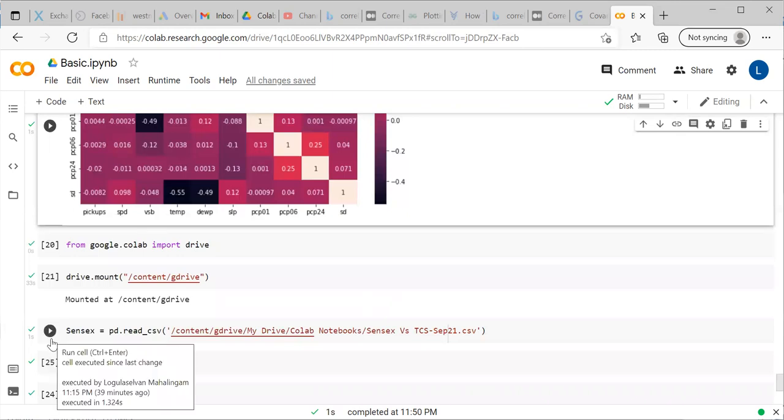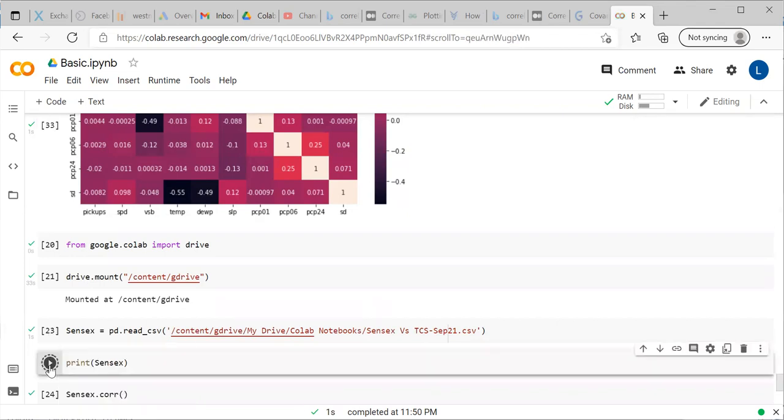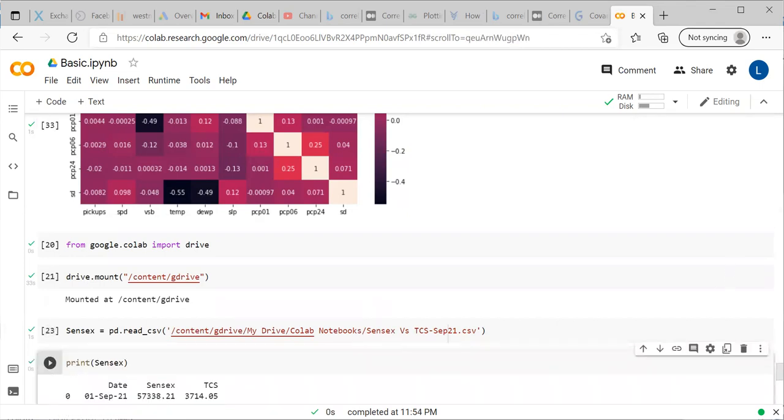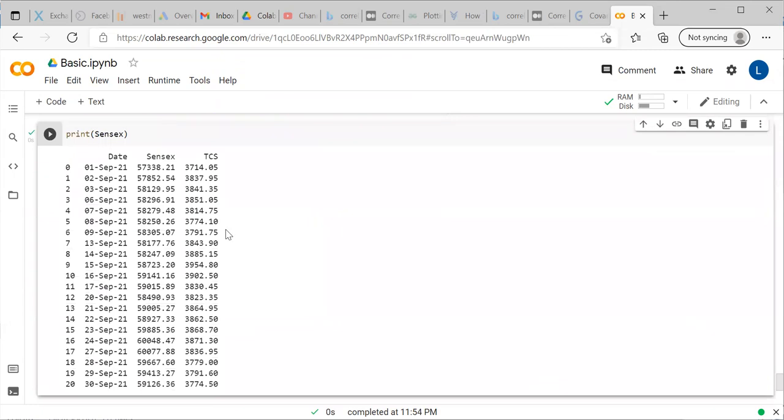The data is already imported from Google Drive. So this is that data. This is the closing index value of each session. Similarly, this is the closing price of TCS of each session.